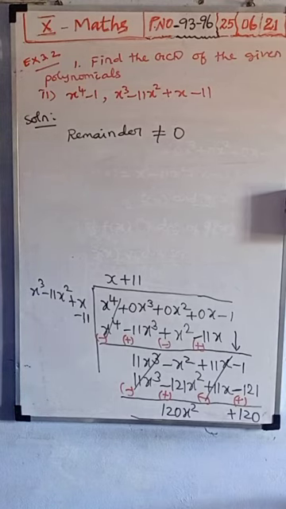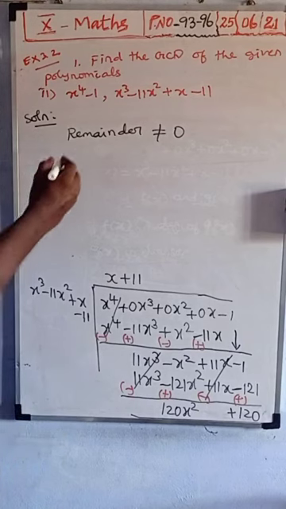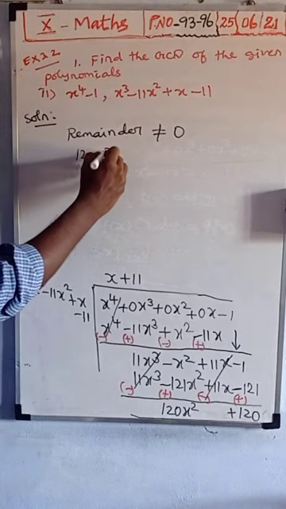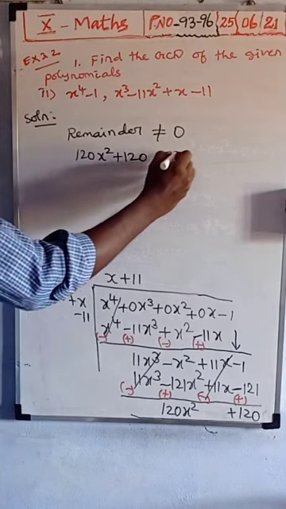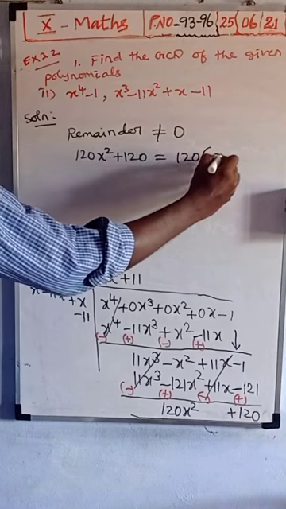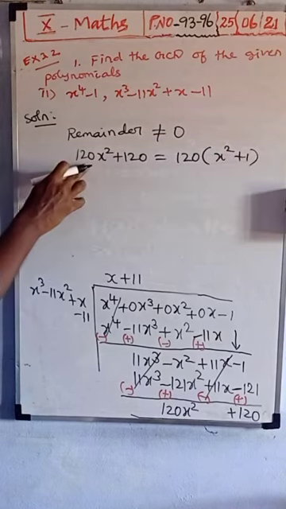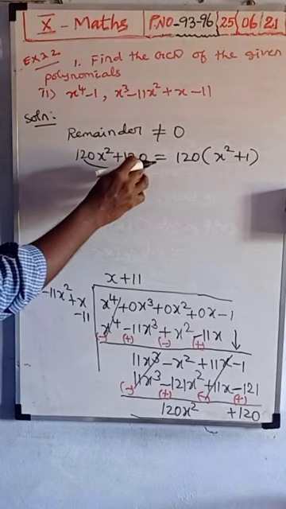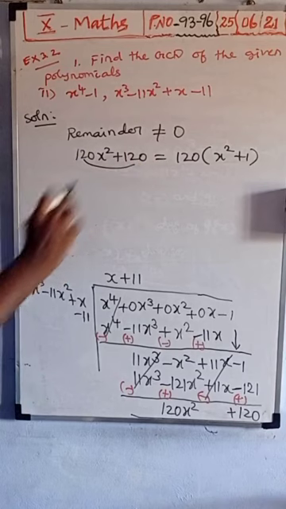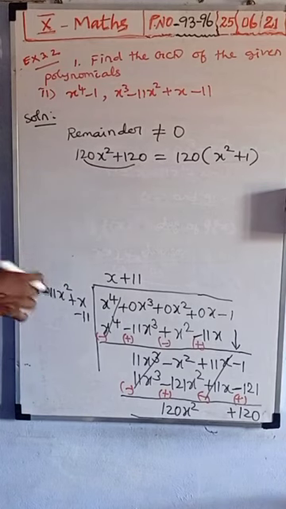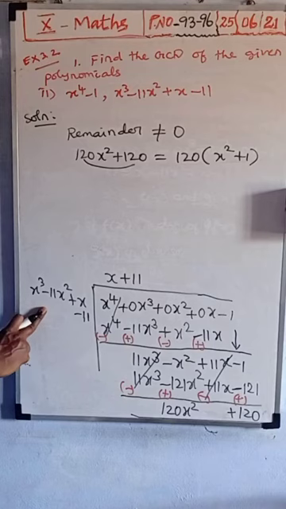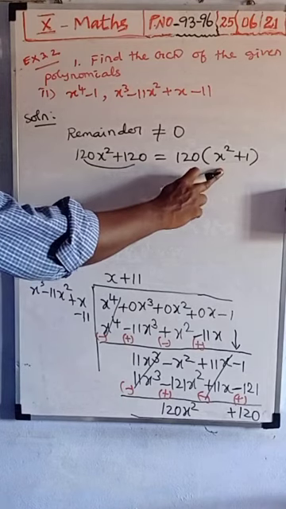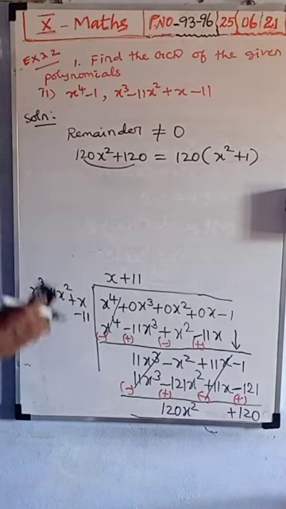Now we want to choose which one. You see, now that remainder you should write: 120x squared plus 120. What is common? 120 is common. You take it outside, remaining x squared plus 1. In both terms 120 is common, take outside. Here x squared, here 120 went outside, remaining 1. So plus 1. The remainder is non-zero, which means now g of x is the dividend and the new remainder is the divisor.